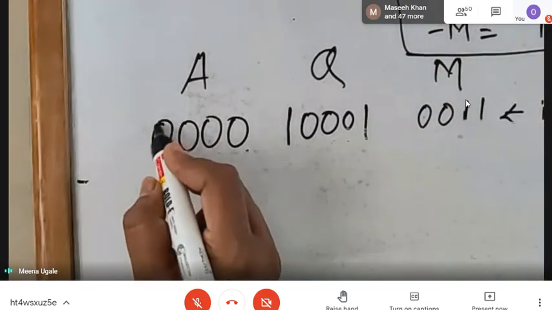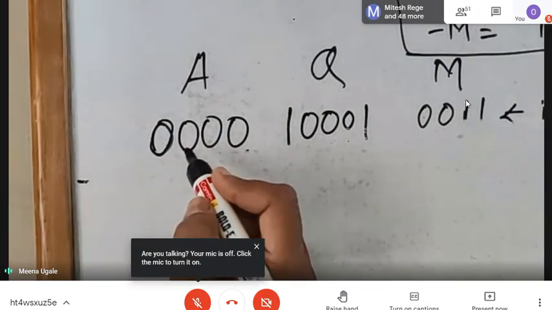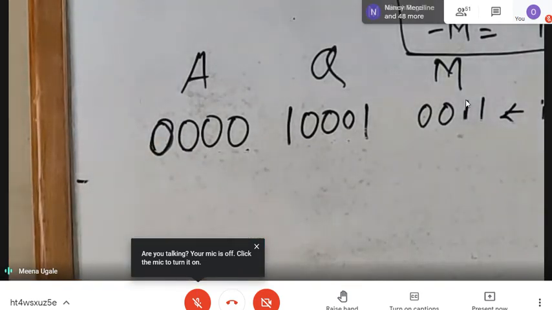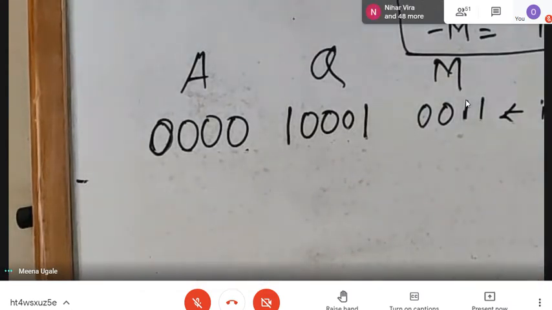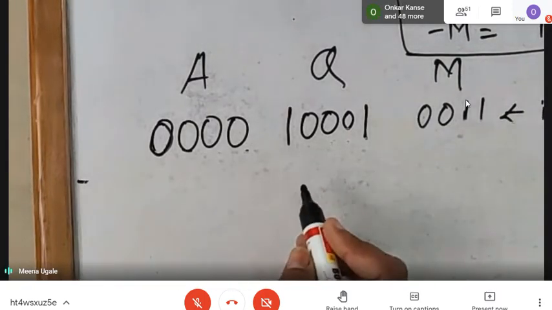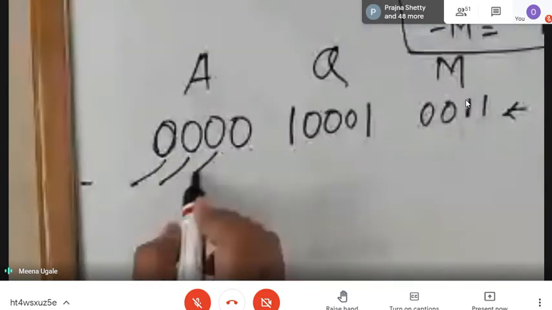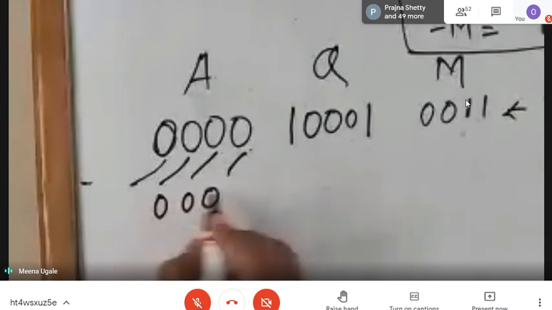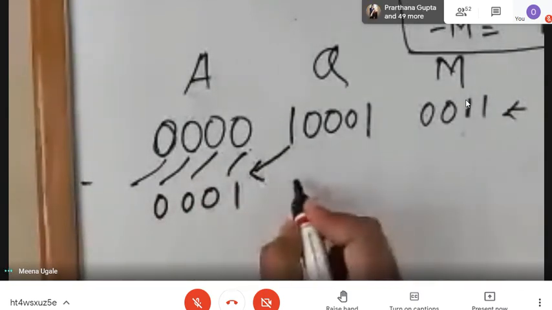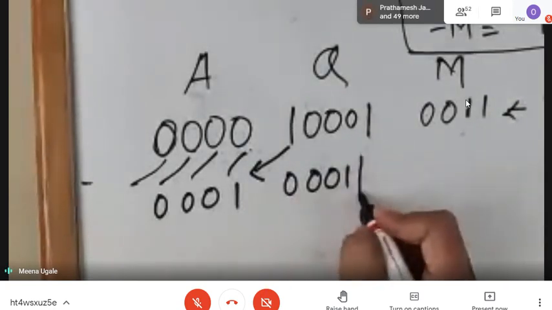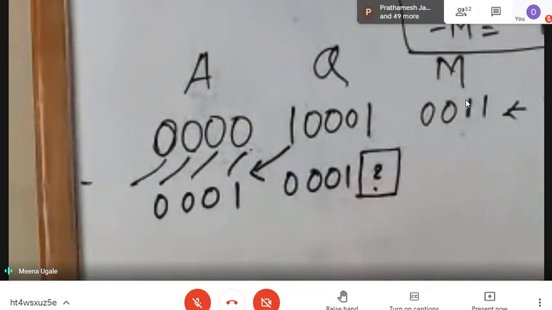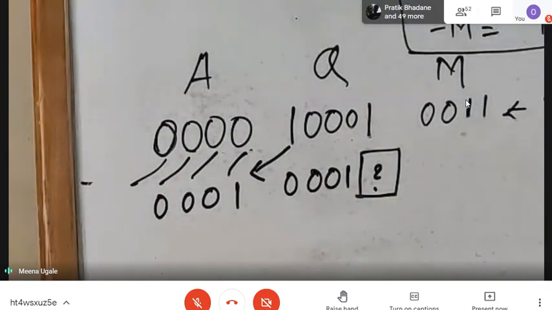I'll just repeat here. You people, please concentrate. Those who are getting doubts, actually, why you are confusing, I don't know. Once you understood Booth's algorithm, it is similarly going with that. Let's see. You refer to your flowchart. When you initialize this value, the first step you are doing is left shift the bits. When I'm left shifting every bit, what I'm getting here is 0001, this one will come here, and then 0001, and this is my question mark because I don't know what to write at Q0. Here you got it. Those who are having doubts, please reply.